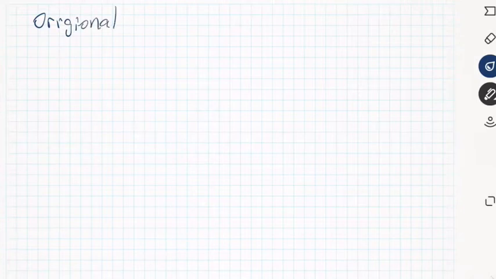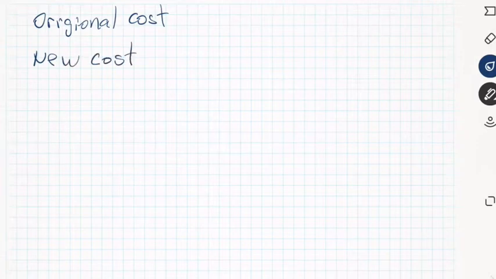So let's go one step further. Now, when we're talking about this, we have the original cost, and we have the new cost. So I want to come up with variables or letters that represent these so I don't have to write out these entire words. So if we call this one the new cost, N,